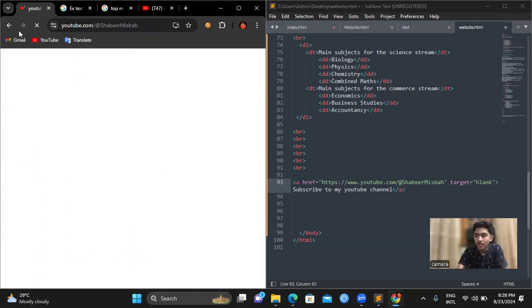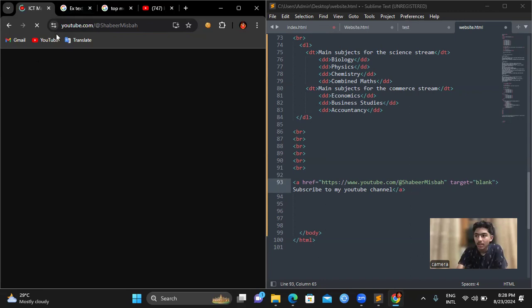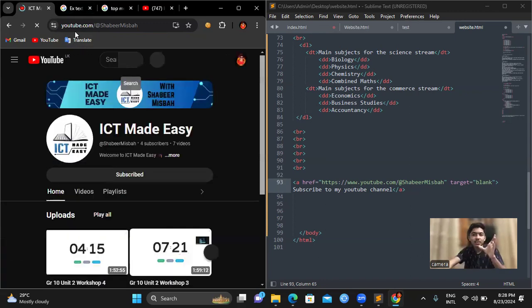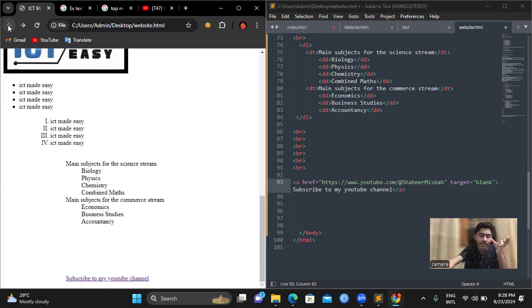So for me to go back to the website, what I need to do is go backwards, so I need to press that thing. So if I need my website to be open and every link I press to open in a new page,